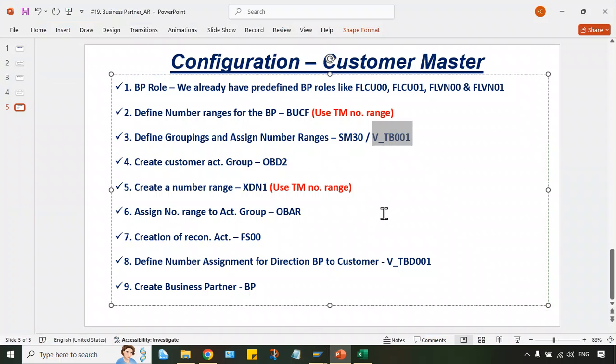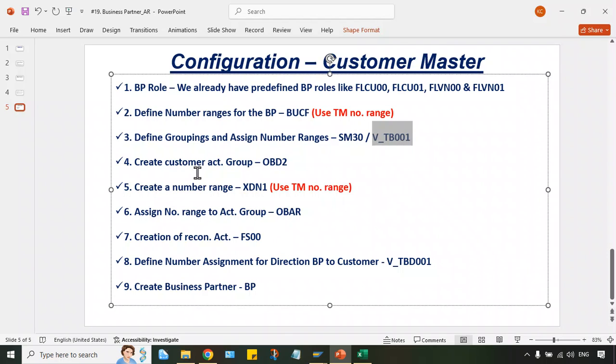What is the logic behind reconciliation account is already explained in account payable. Once again, I'll give a brief explanation here about this reconciliation account. I hope you guys are able to remember. If not, then I'll give a small explanation. Important question, guys, during interviews multiple times. As a beginner, as a fresher, when you give an interview, multiple times I have seen people asked, what do you mean by reconciliation account? So you have to explain the things by quoting a certain example.